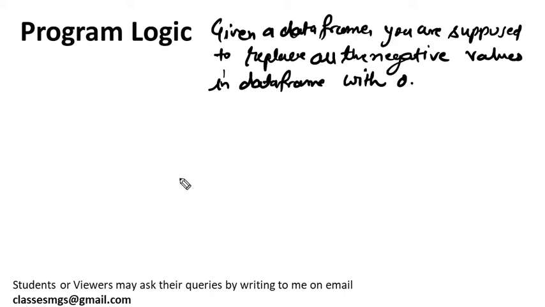So this is the problem. Given a data frame, you are supposed to replace all the negative values in the data frame with 0. So one data frame will be given to you like this.